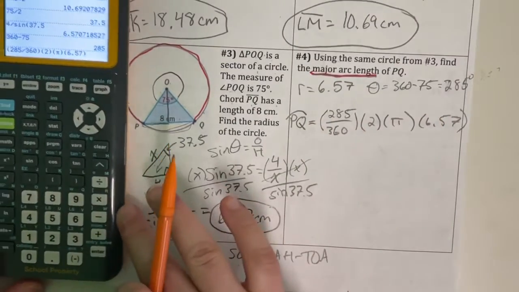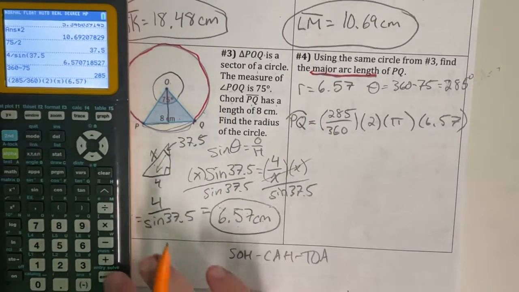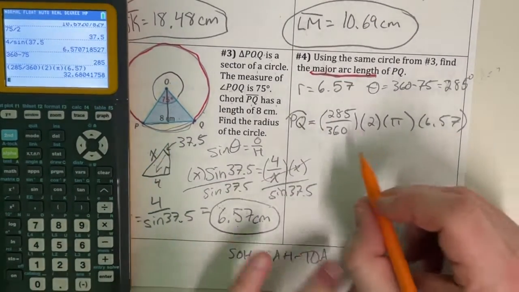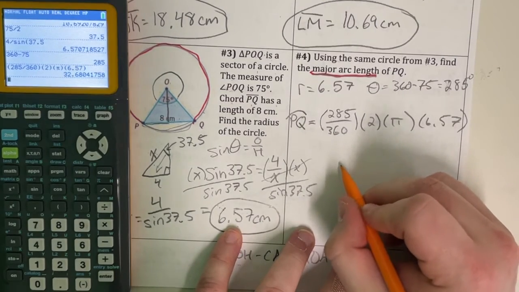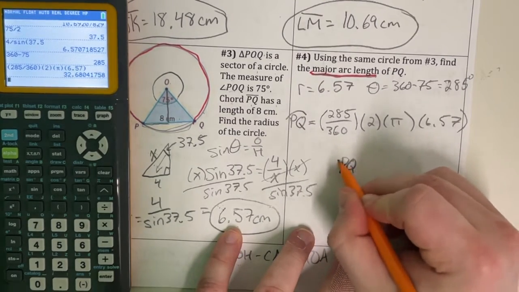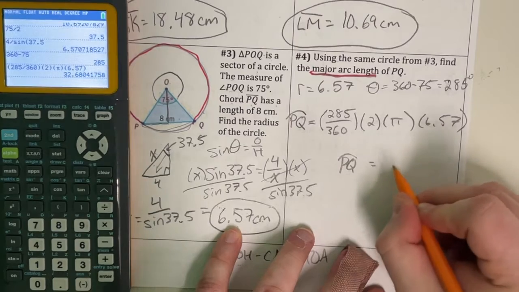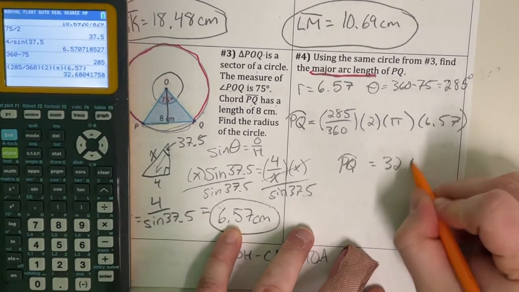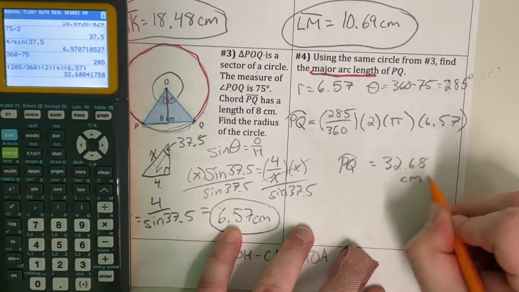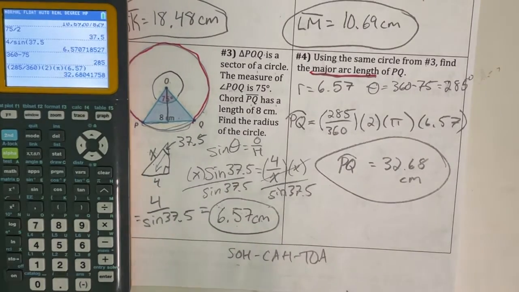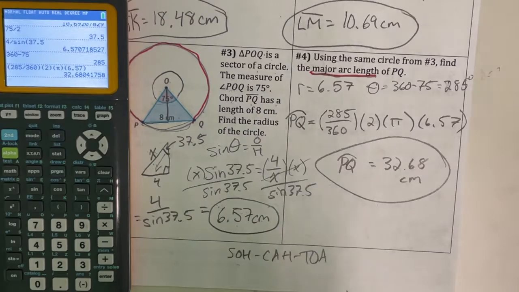Hit enter, get our value. So this arc length PQ, notice how it's curved, is going to be about 32.68 centimeters. Make sure you ask questions for yourself, to be able to see how this is set up,